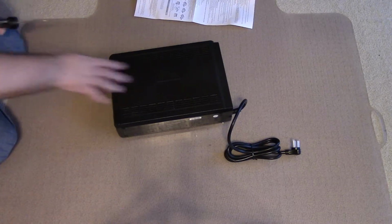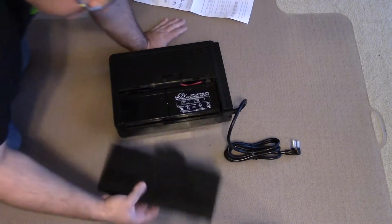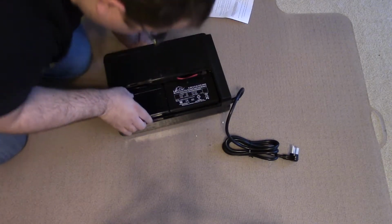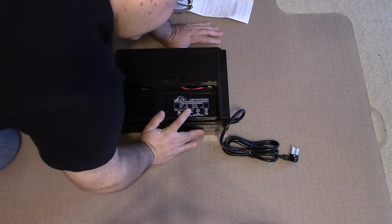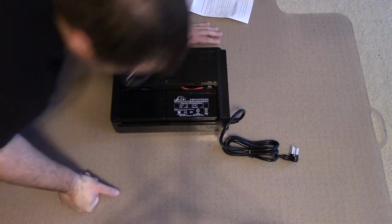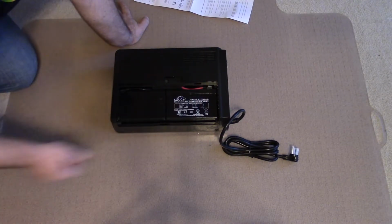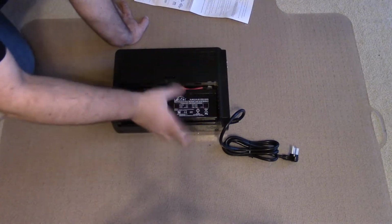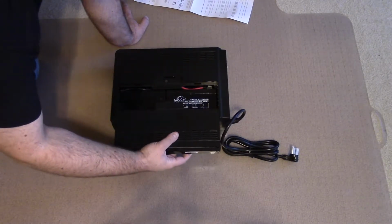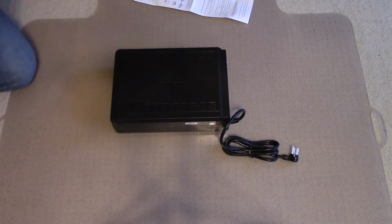So, one thing about this though, compared to my old one, actually, you know what? Before I put this up, so these are 12 volt, 9 amp-hour batteries. These are obviously larger. Basically, the battery in my old one was like half the size of one of these. And this has two of them, which means, just quick math, about 4 times the battery life in this one compared to the old one,